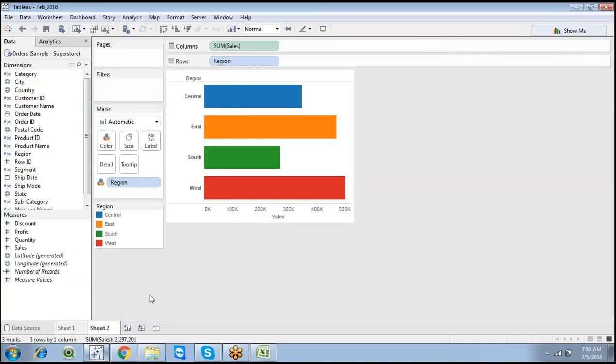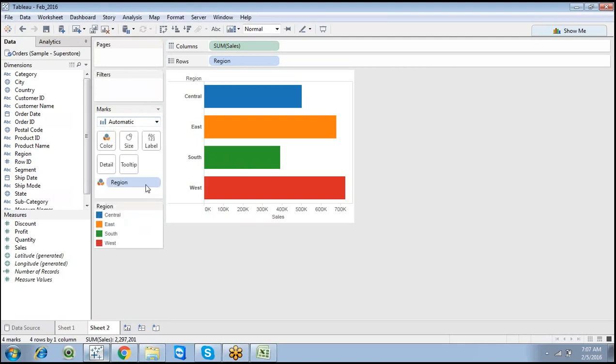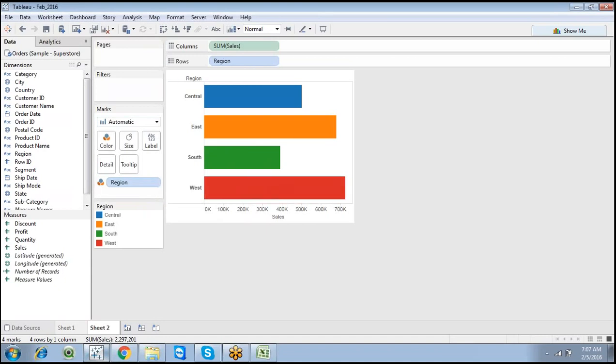When it comes to the Tableau editor, or front page, you have rows, columns, filters, pages, and marks card. 60% of this tool can be done by using the marks card. You can go with any particular chart from here. You can apply color, size, labels. Almost 60% of the views are possible from this marks card. So this is very important. Marks card is very important, and I can showcase it, no issues.